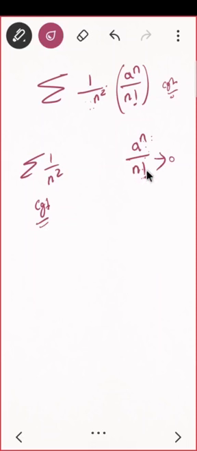Anyone else? I talked about this. Whenever you see something like this, you need to observe which one is going to infinity faster, whether a raised to n goes faster or n factorial. Yes, n factorial is going faster to infinity. That means this is of the form 1 upon n, or n upon n square, or whatever you say. The one below is going to infinity faster, the one above is very slow.